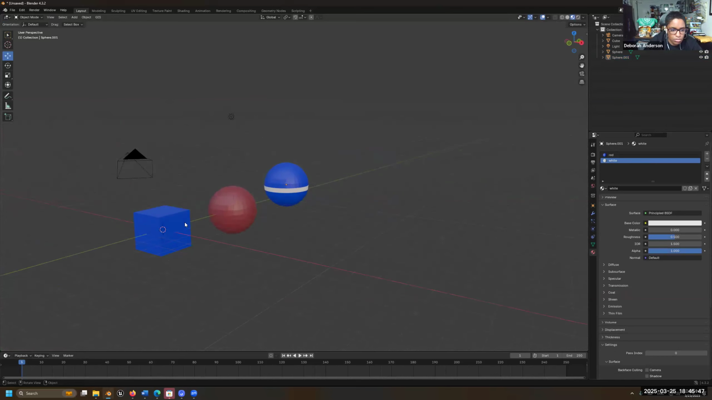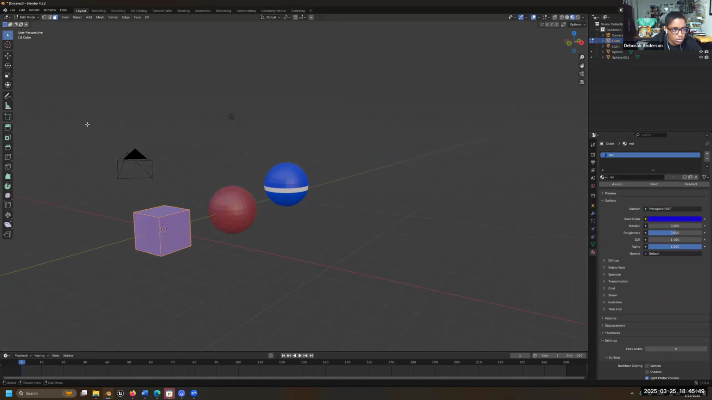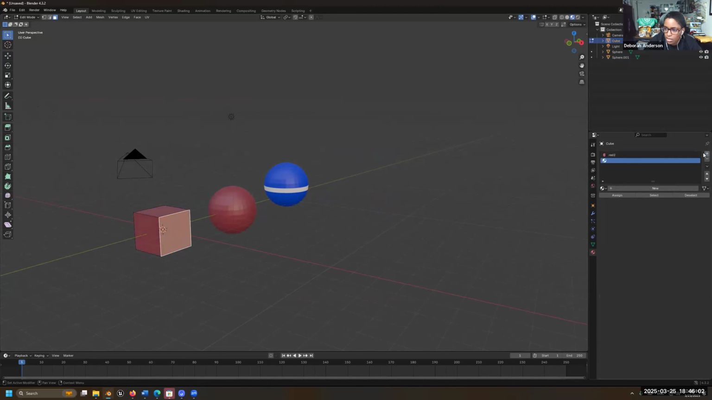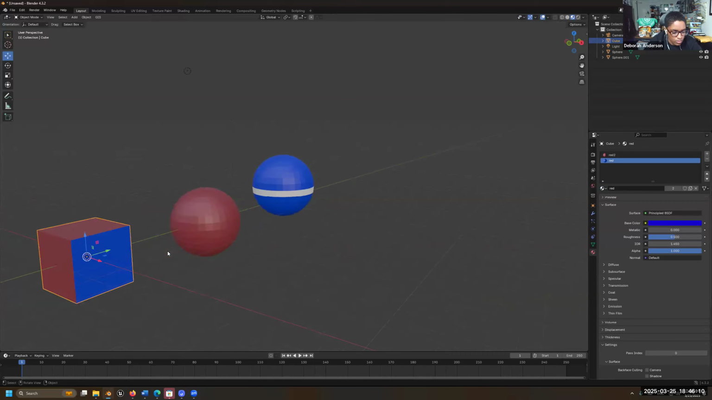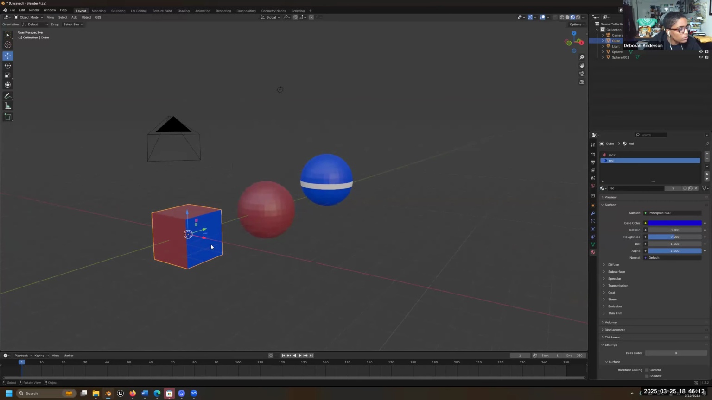If I do this one, I can select that face, and then I can actually choose one that's already existing. Oh wait, I need the plus sign. Plus, and then choose one that already exists, and assign. So that's how you can assign materials to particular areas,